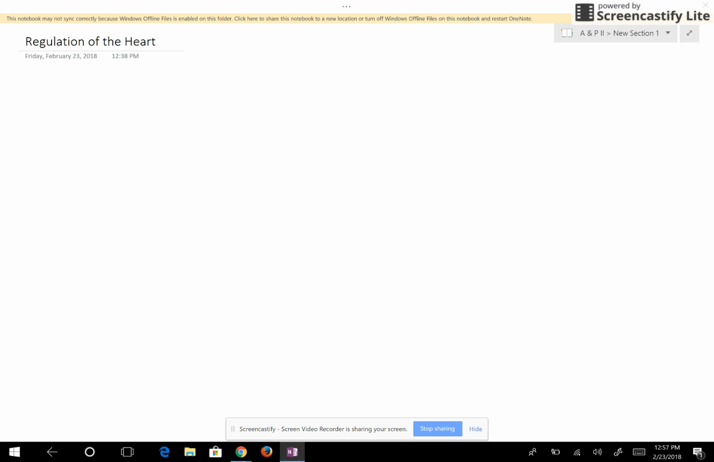Regulation of the heart. There are two types of regulation of the heart. First one is intrinsic regulation, and the second one is the extrinsic regulation. With intrinsic regulation, you're looking at the heart itself,